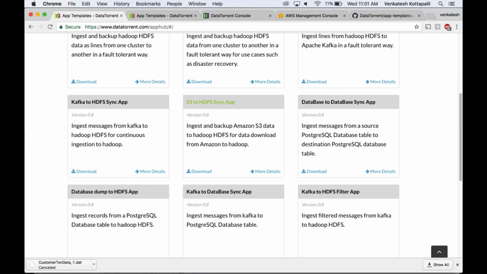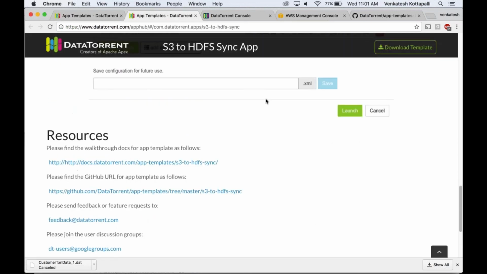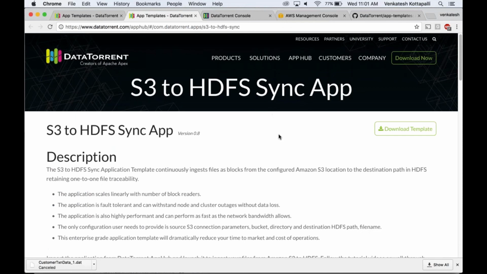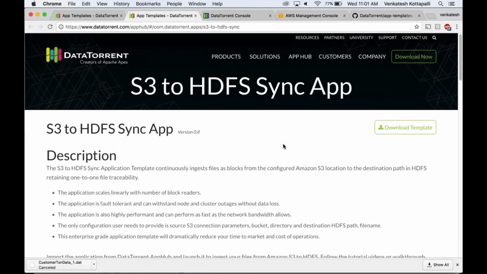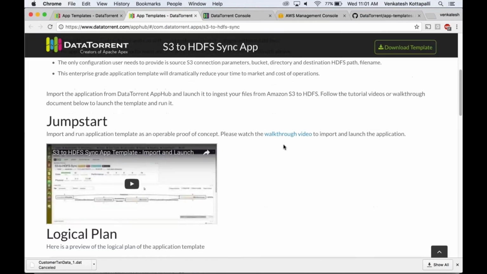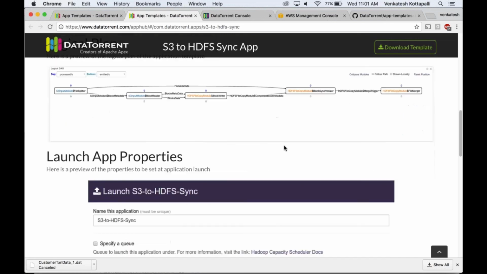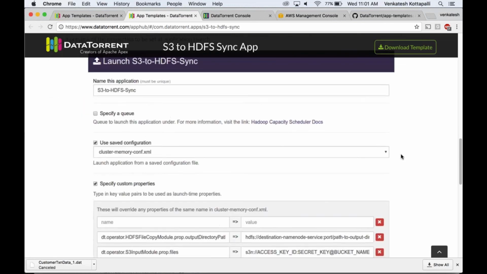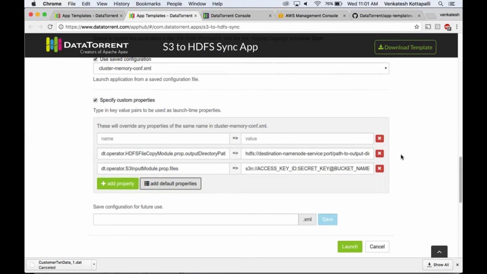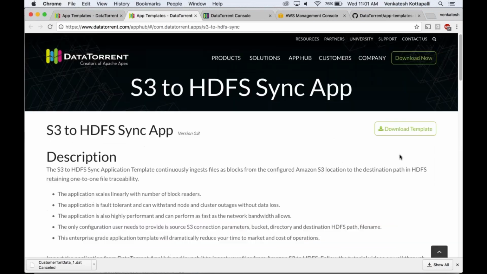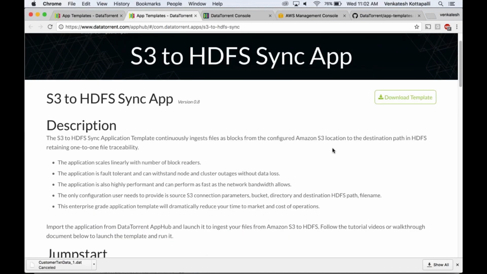and in that you can see the S3 to HDFS sync app template, which is shown here. On clicking the more details, you will be redirected to the page S3 to HDFS sync app, which has a description video, and a logical plan, and how to configure the launch app properties for starting this app template to ingest your data. So let us look at this template, and this template is very powerful because